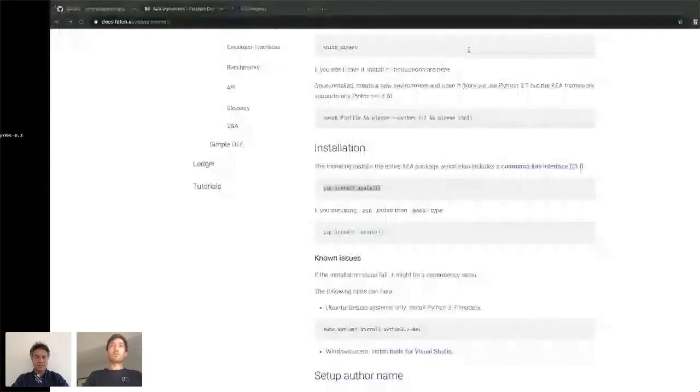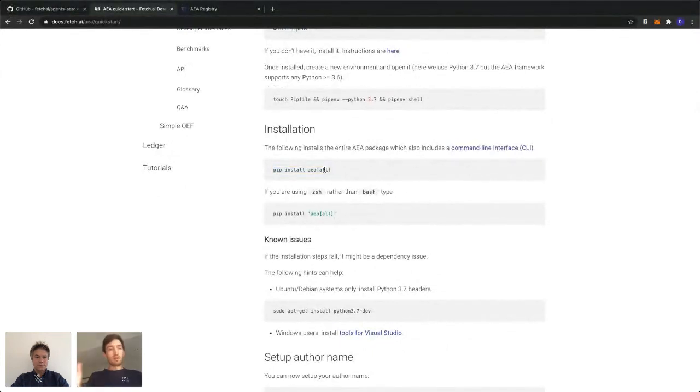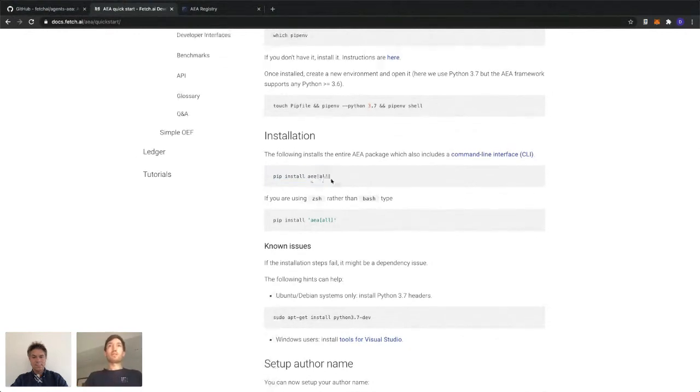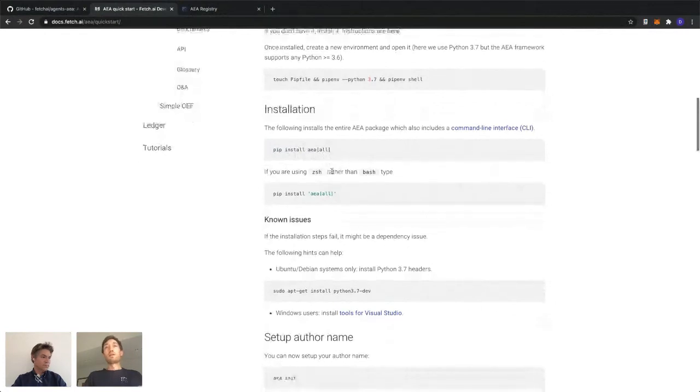I'll let this install for a moment. We recommend you always install it with the all, because we have a CLI tool and some other tools which are attached to it, and it just makes it easier when you follow through the documentation. But if you get more familiar with the framework, you can have a lighter weight installation, which drops the all here.